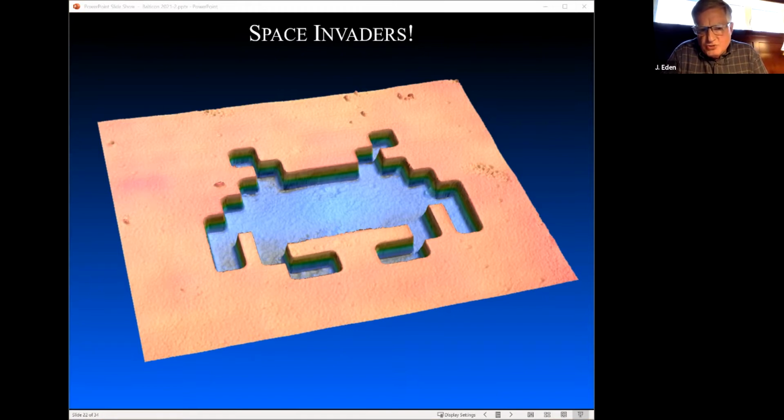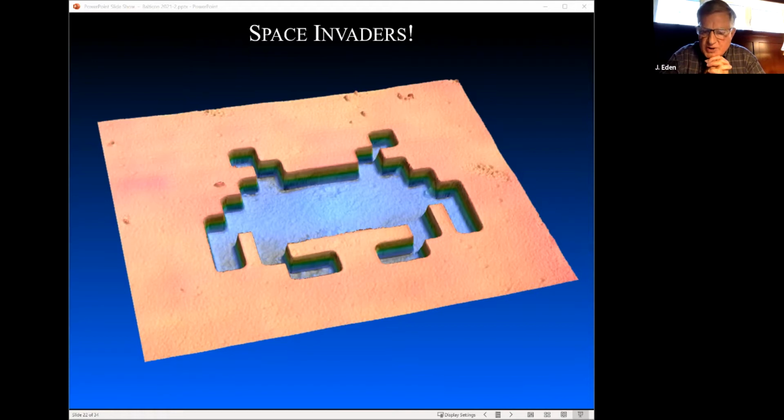And this image was produced by shining that 172 nanometer radiation light that I was showing you on the last slide through a mask and onto a piece of ordinary acrylic polymer known as PMMA. And this is, of course, the image of Space Invaders. We couldn't resist showing this to you. But I just want you to know that the depth of that pattern, the distance from that blue surface to the top surface, is only 240 nanometers. So we're making structures at the nano level.